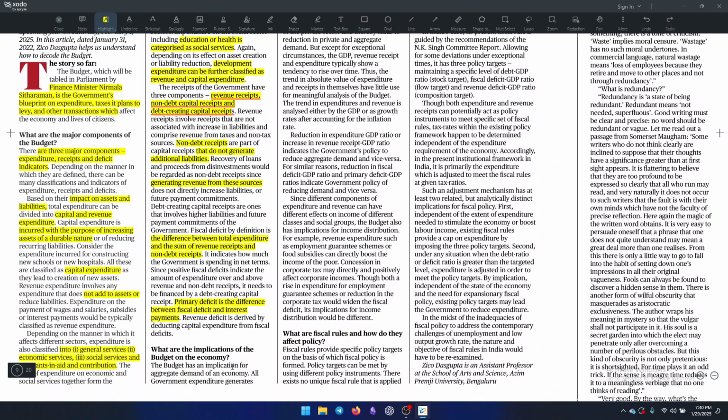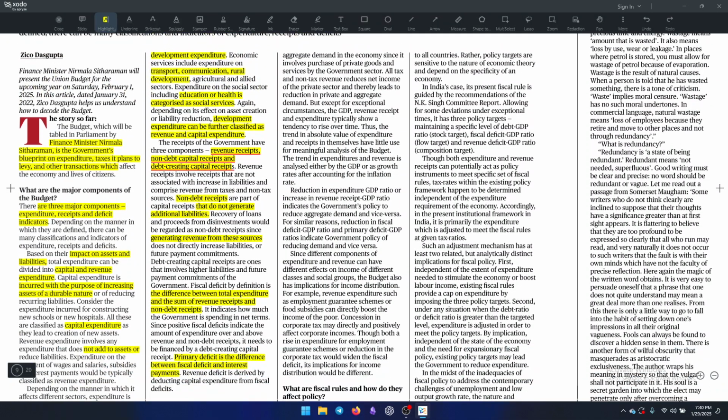What are the implications of the budget on the economy? The budget has an implication for aggregate demand in an economy. All government expenditure generates aggregate demand in the economy since it involves purchase of private goods and services by the government sector. All tax and non-tax revenue reduces net income of the private sector and thereby leads to